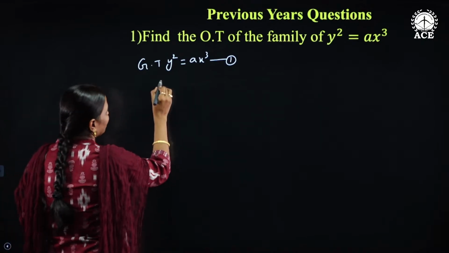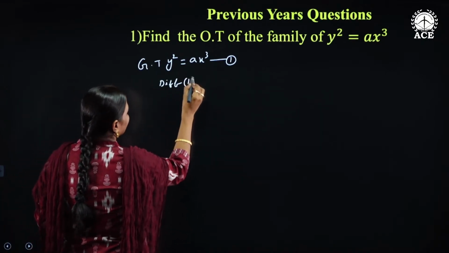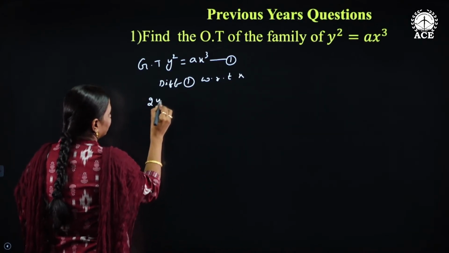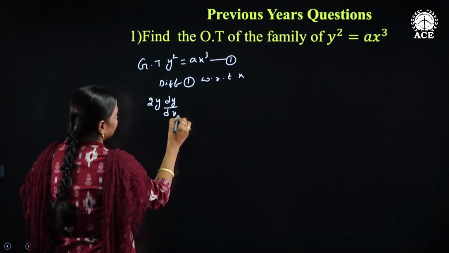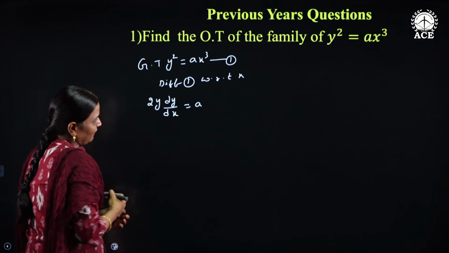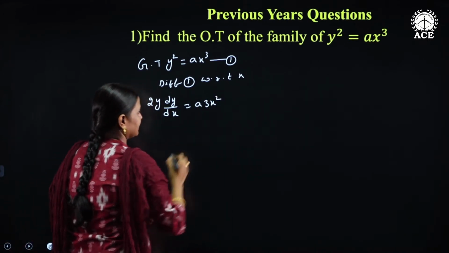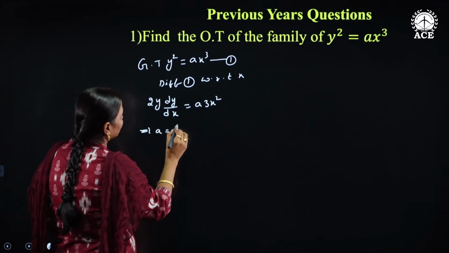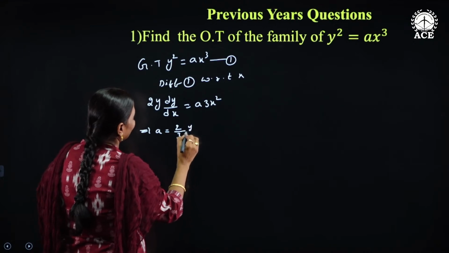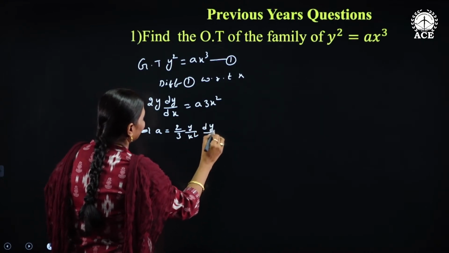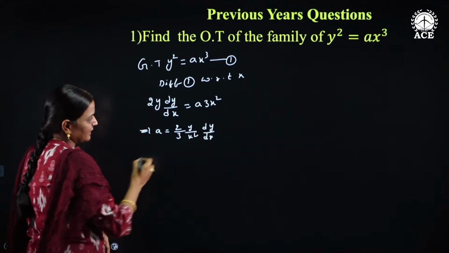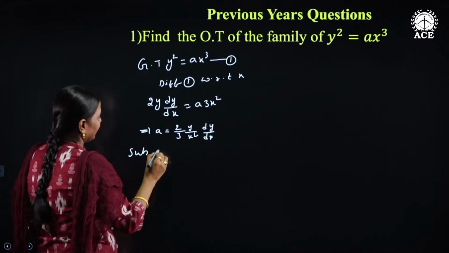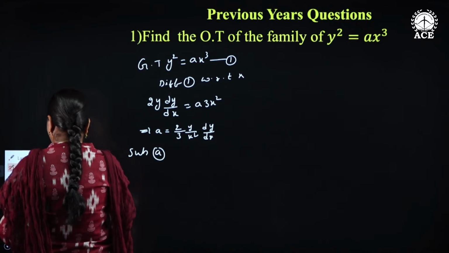So if we differentiate equation 1 with respect to x, we get, what is the differentiation of y square? 2y into dy by dx is equal to a into the differentiation of x cube. What is the differentiation of x cube? 3x square. So from this equation, write the a value. From this a is equal to 2y by 3x square into dy by dx. Substitute a value